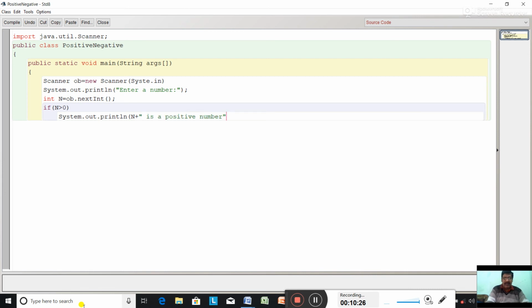Okay, close the bracket. Else System.out.println n is a negative number. So the program is completed.